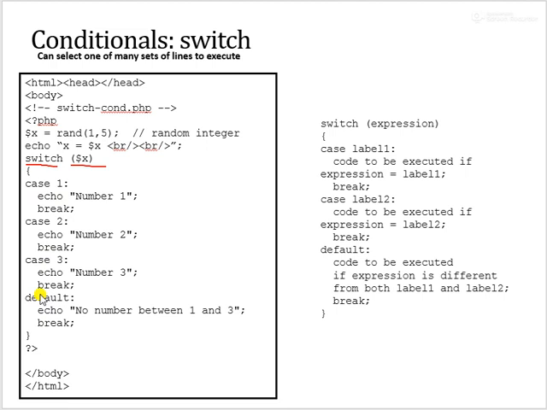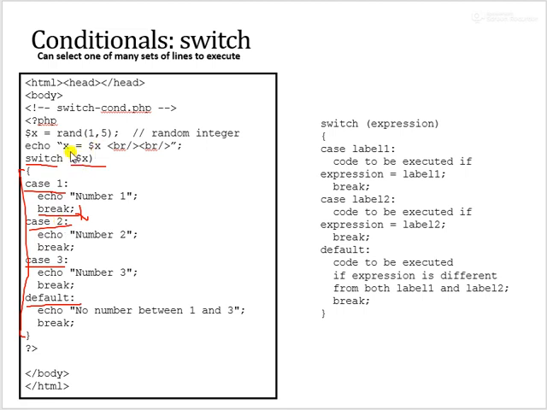Default case will be executed only if none of the above cases is true. Case 1, case 2, case 3, these are all reserved words and you have to write them in the same way, and default also. And switch starts with this curly bracket and ends with this curly bracket. And after that, inside each case, whatever statements you want to execute, you write your statement and end it with break. If you do not write break after each case, what happens is, like case 2 is true,